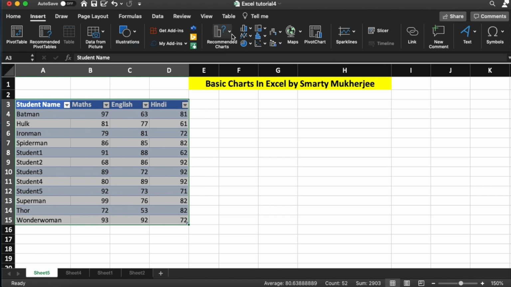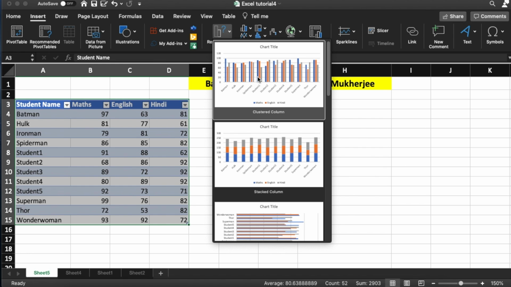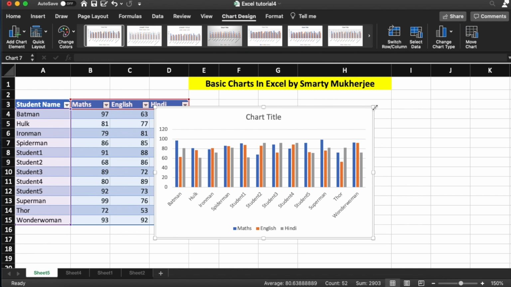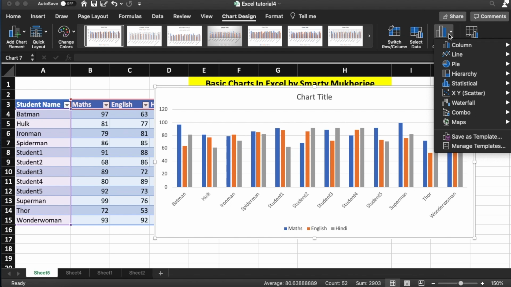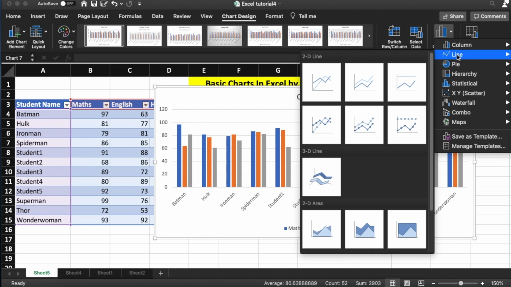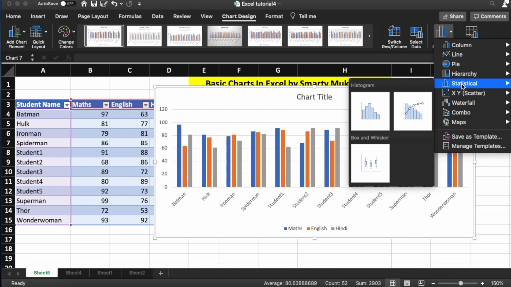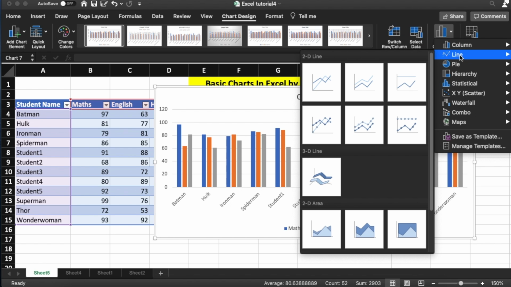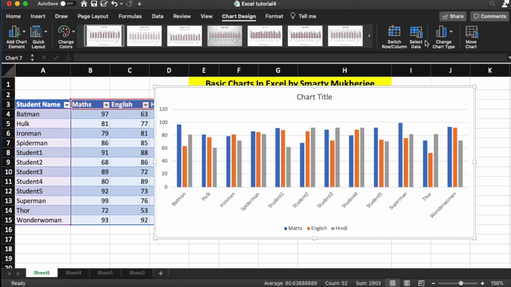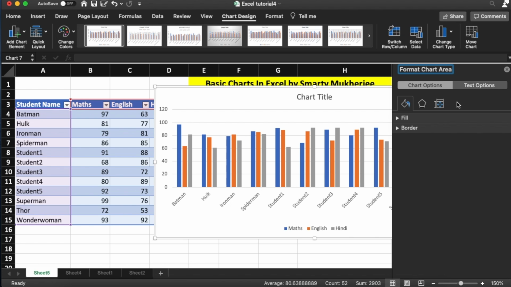I'll show you again. I go here, I make a recommended chart here, and then if you are not satisfied with this kind of chart, you can change the chart type from here. So here also it will give you all the options which it was giving you in the ribbon earlier. It will give you an option to create a line chart, a hierarchical chart, but these charts will not make more sense. So in this type of data, only the column chart will make more sense, or you can have a line chart at the max. So you must choose those charts only, but you do have an option to select a different chart type. So I hope this is very clear.